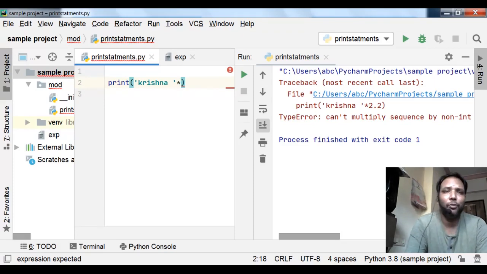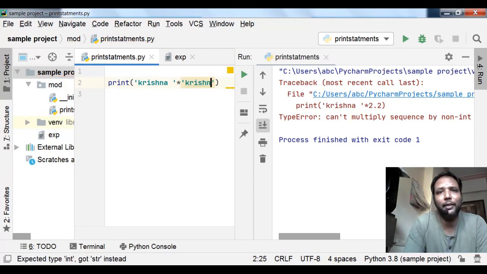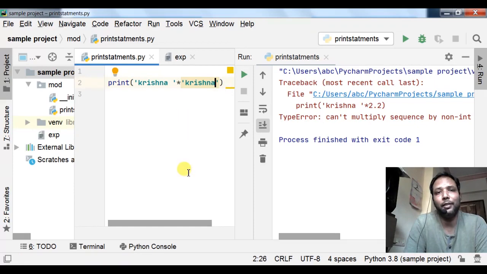Sir, can I use star by taking two strings? Suppose I take two strings. Now also it will give a type error. See here, type error.